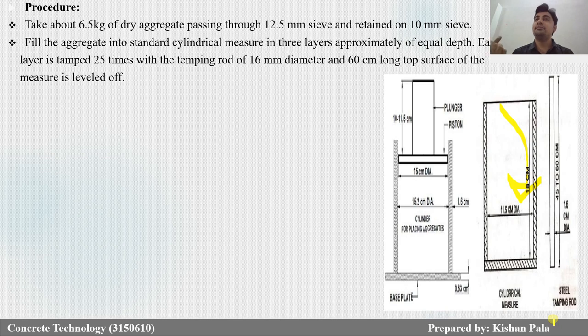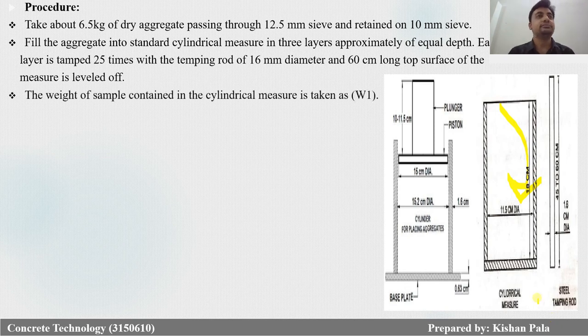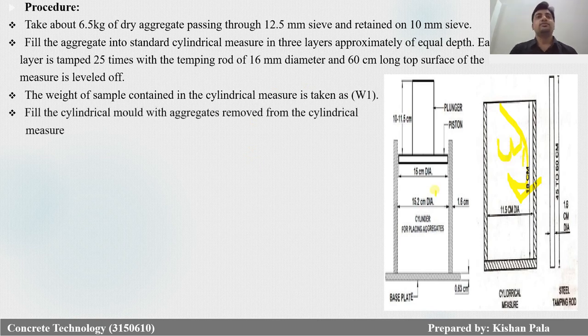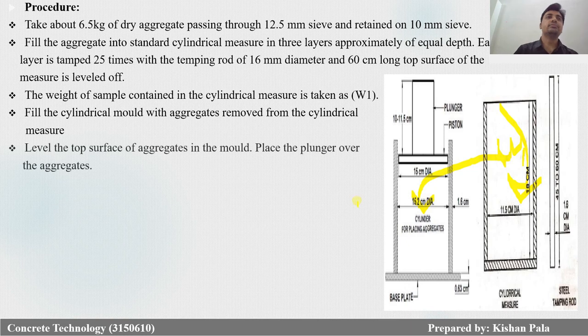The weight of the sample in the cylindrical measure is taken. This is the W1. Then fill the aggregate from the cylindrical measure into the cylindrical mold